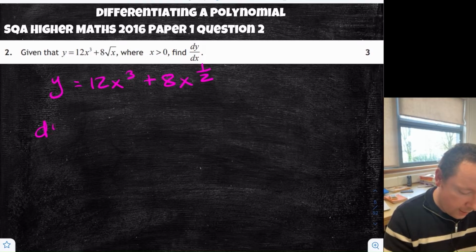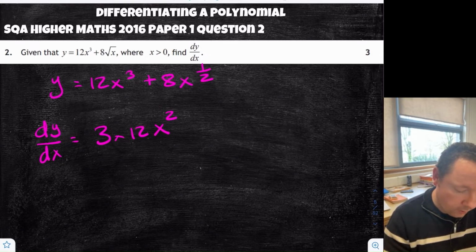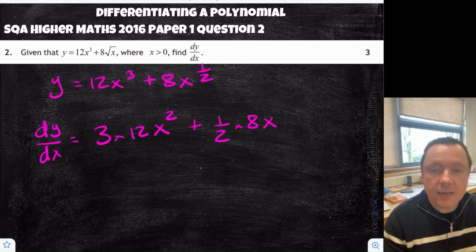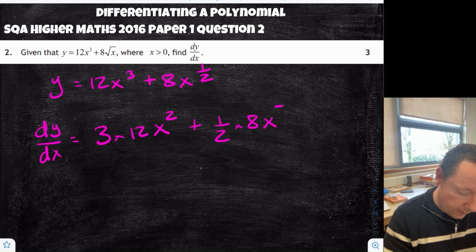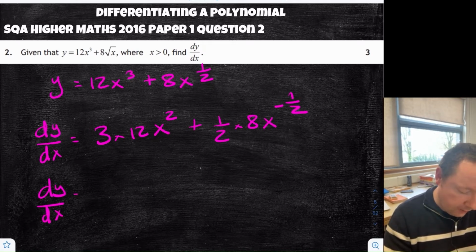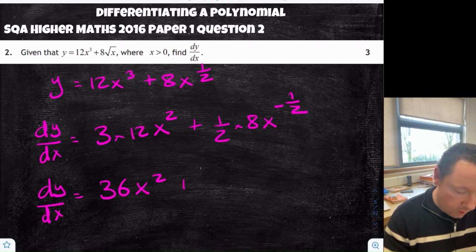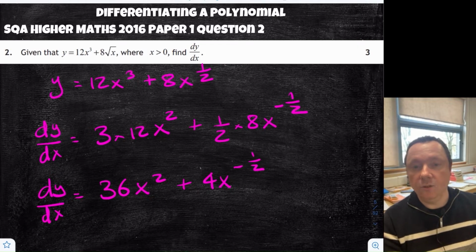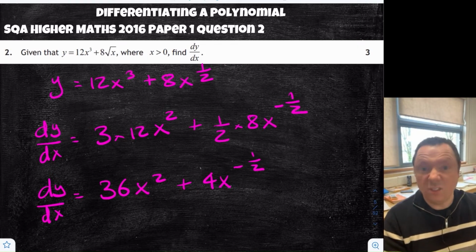So dy by dx, taking the power down to the front, 3 times 12x, take away 1 from the power, squared, plus a half times 8x, take away 1 from the power, minus a half. So dy by dx, 3 times 12 is 36x squared, a half of 8 is 4, so plus 4x to the minus a half. And there's no reason to make that a positive power because we've just been asked to find dy by dx, so